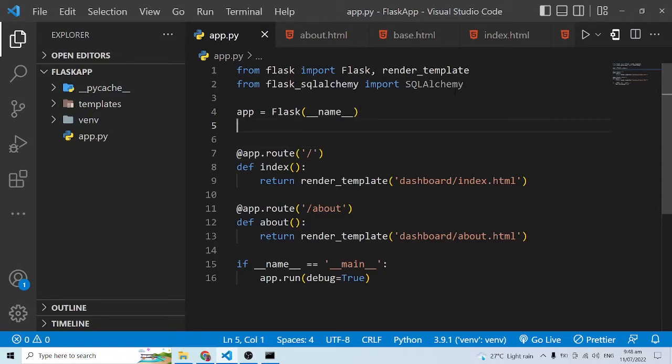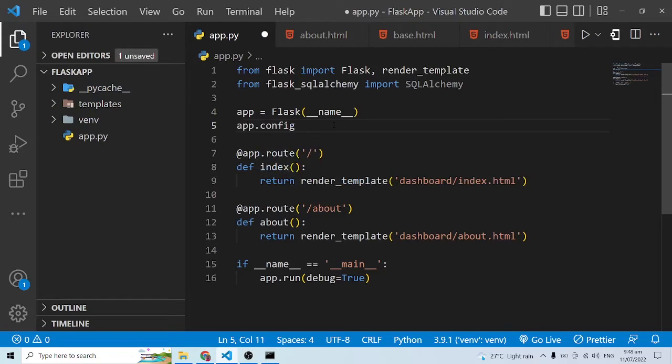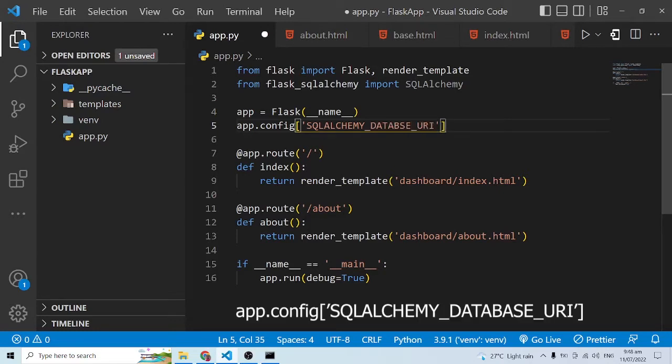Now we are going to work with this, but even before we do so, let's set up the environment properly. So over here, I'm going to say app.config. Now I need a configuration over here, and inside of this is going to be some kind of a dictionary that we are going to set out. So inside of this, I'm going to say SQLALCHEMY_DATABASE_URI, and this is going to be equal to